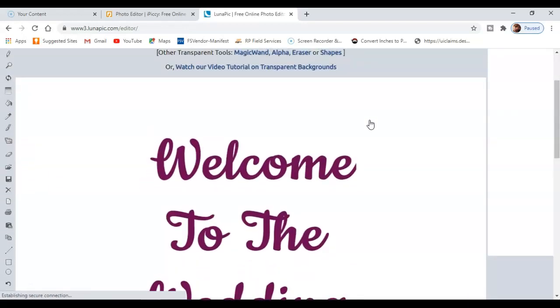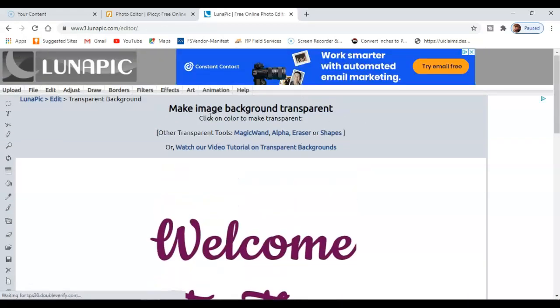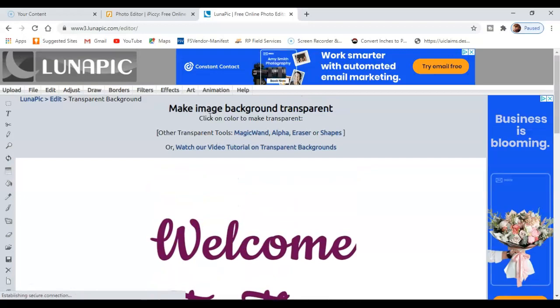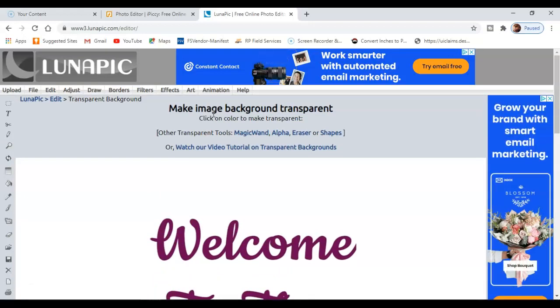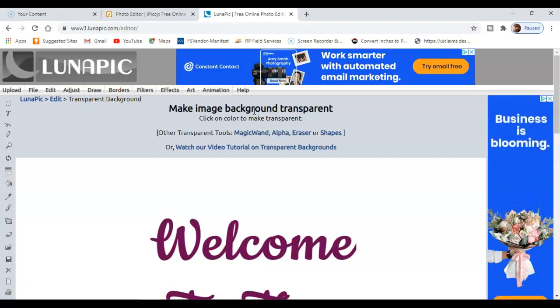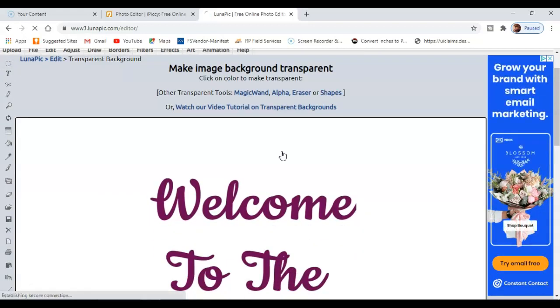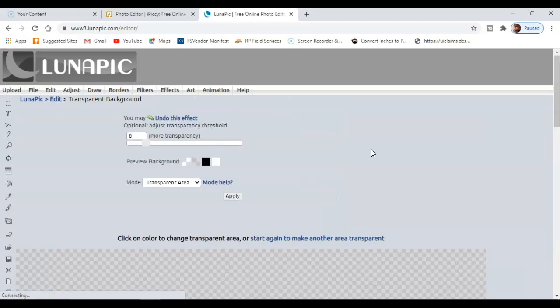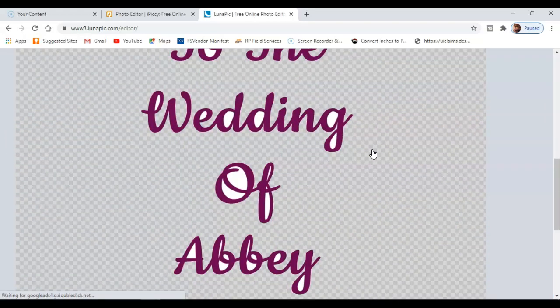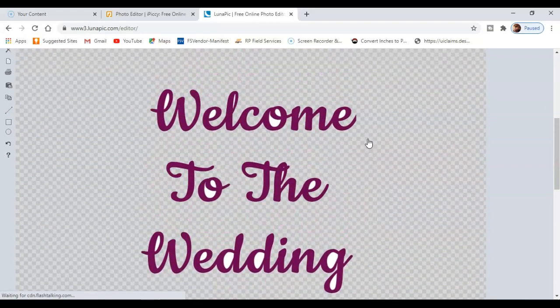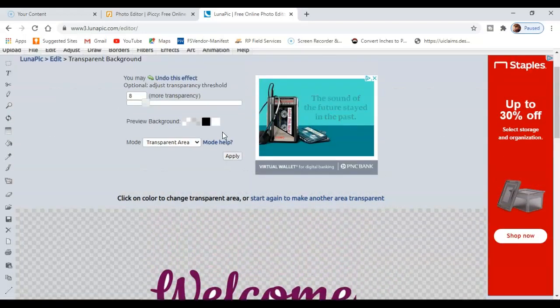Welcome to the wedding. Okay, that is what I love so much about Lunapic.com, and actually if you just type in Lunapic transparent background, you'll come to this page. So with one click of a button, it took out all of the white except for in between. So here's how you do that. So we're going to click apply,